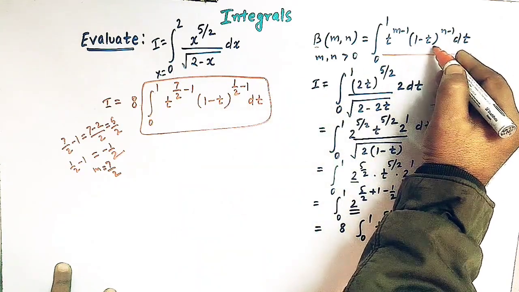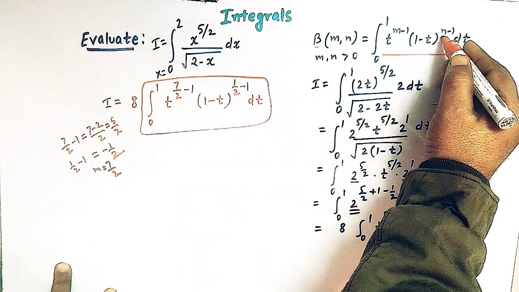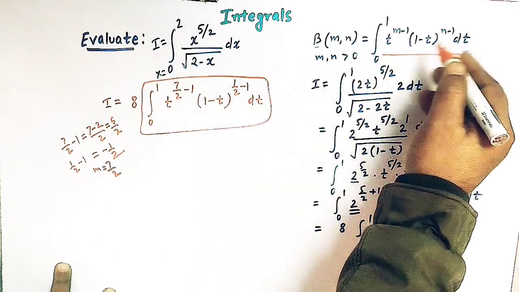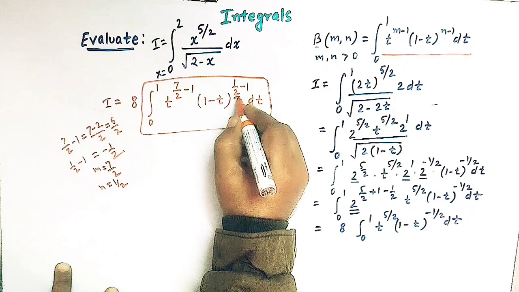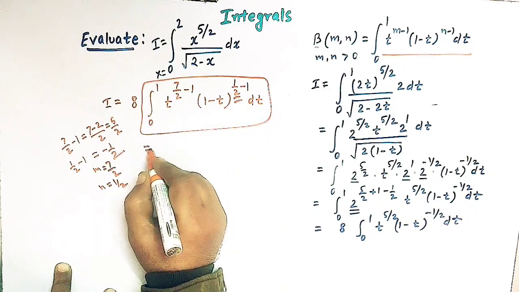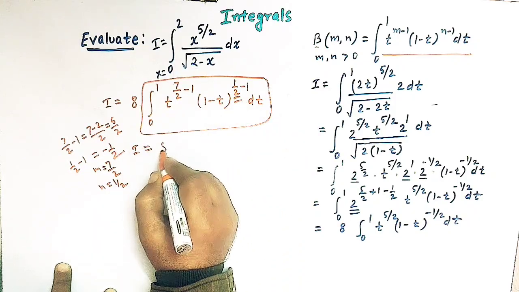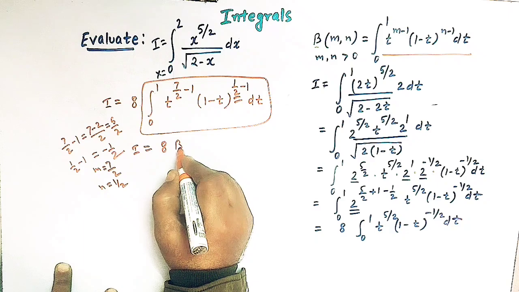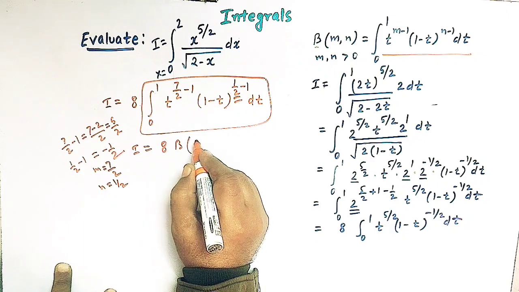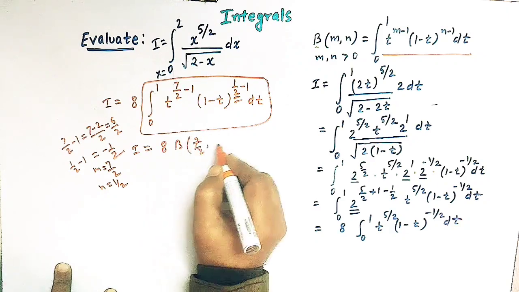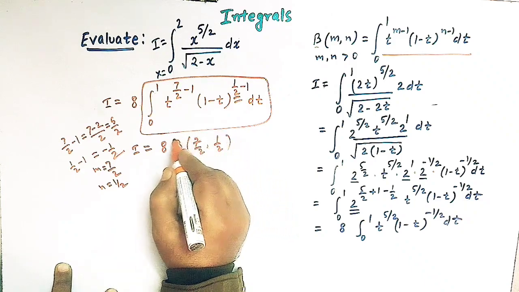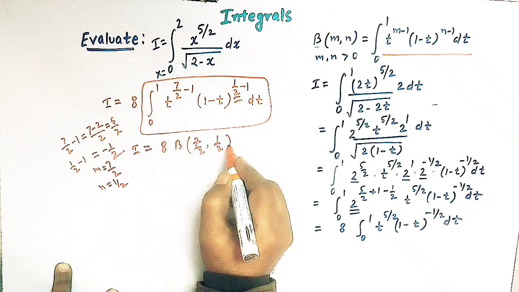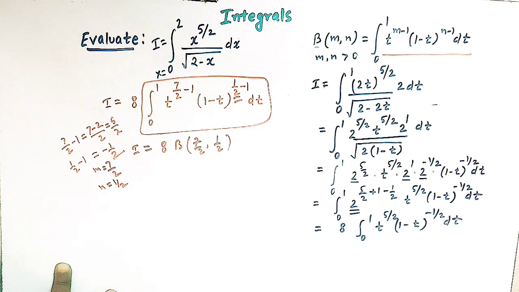So here we have 1 minus t raised to n minus 1. So comparing, again comparing, we can now write n is equal to half, right? So now we can write this integral I as 8 times the beta function, that is beta 7 over 2 comma half, right? So now we have to find out the value of this expression by using an important relationship